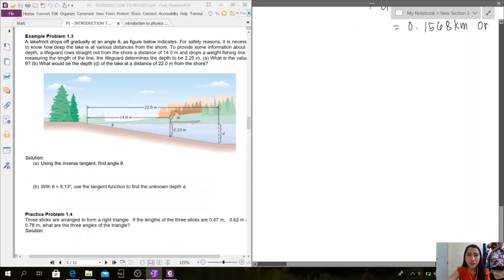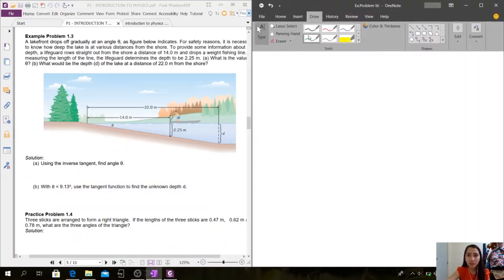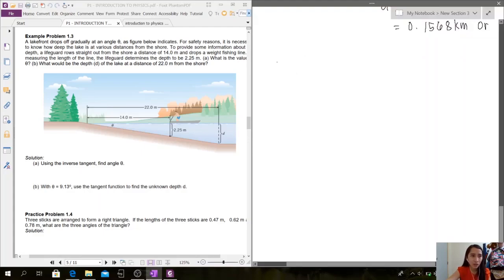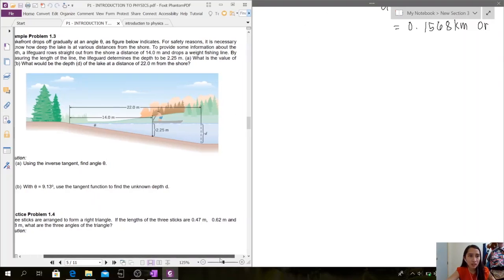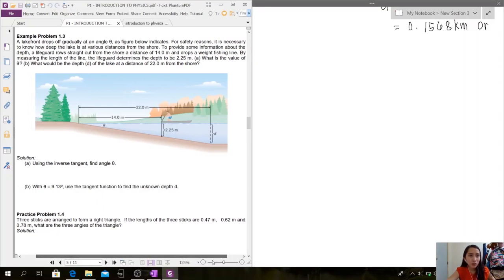So, for example 1.3, let us try to solve. A lakefront drops off gradually at an angle theta as the figure below indicates. For safety reasons, it is necessary to know how deep the lake is at various distances from the shore. To provide some information about the depth, a lifeguard rows straight out from the shore